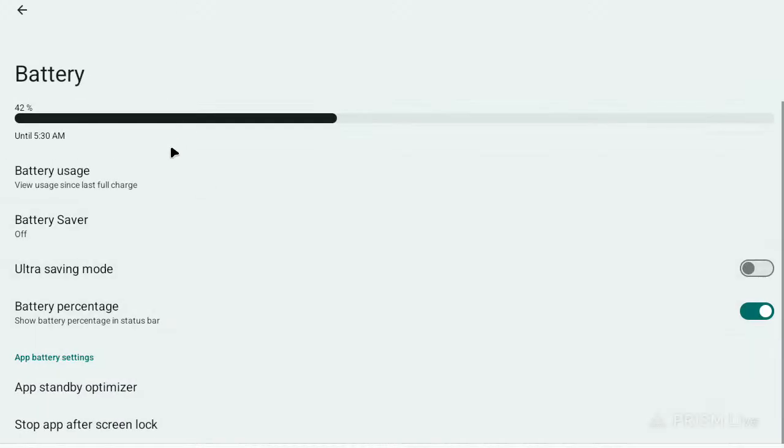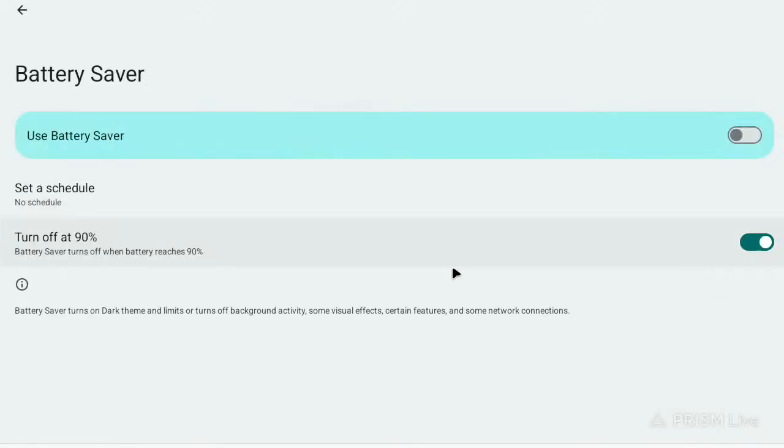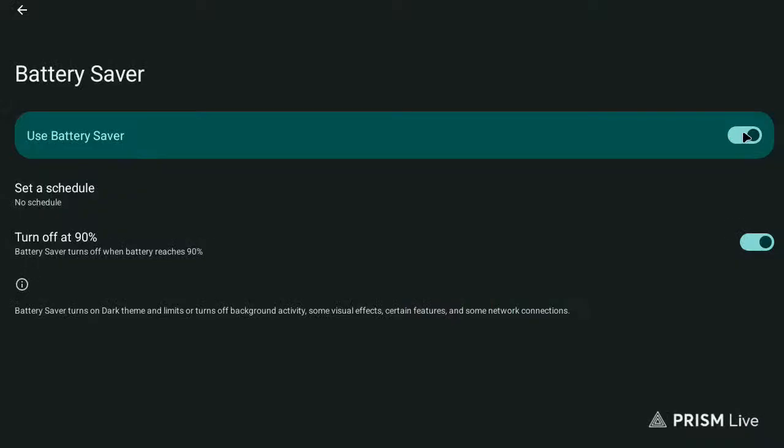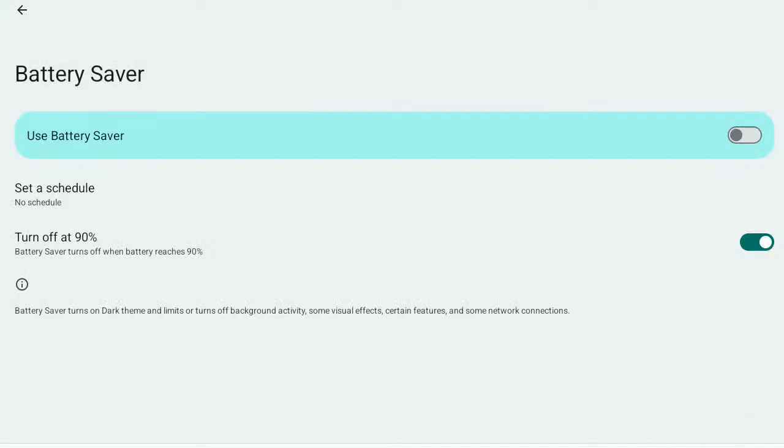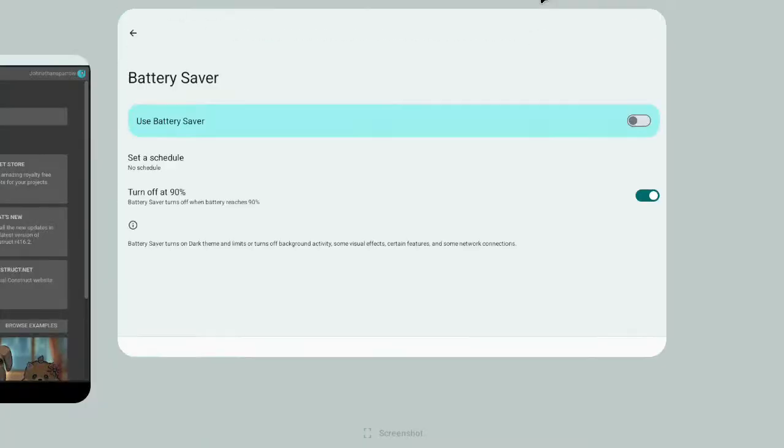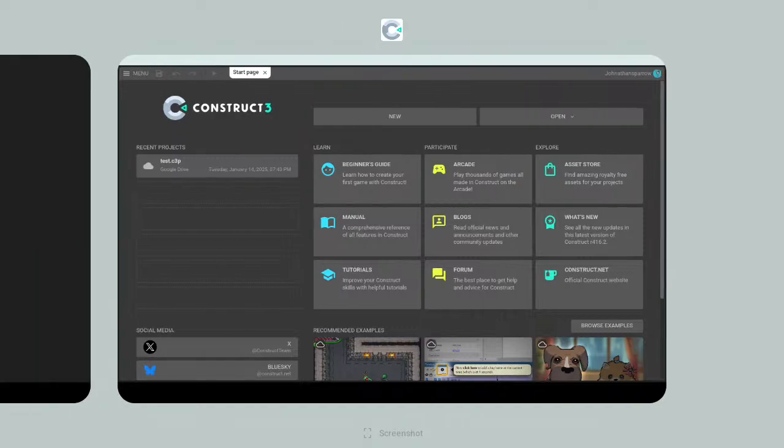I don't know if this will change anything. Turn off at 90%. What the hell? Oh, that's for turning off battery saver. Oh man, I don't really use Android that much.